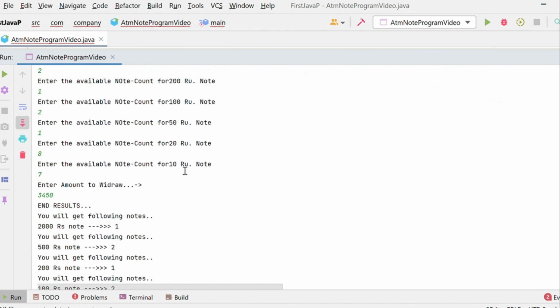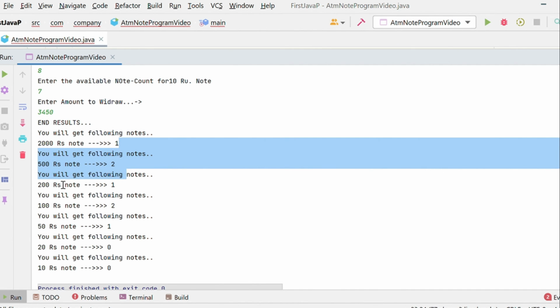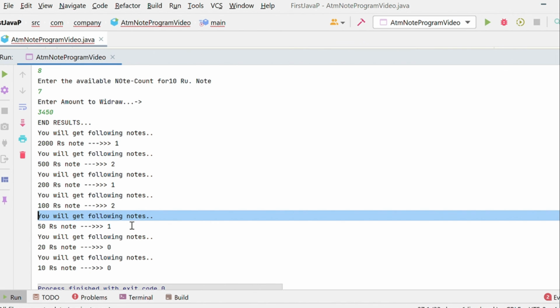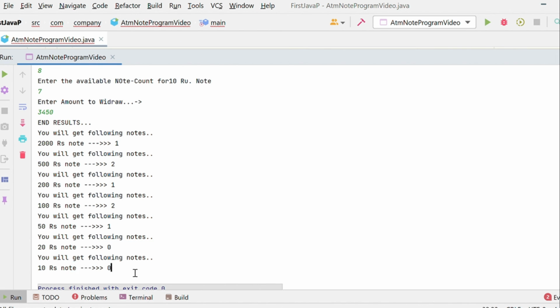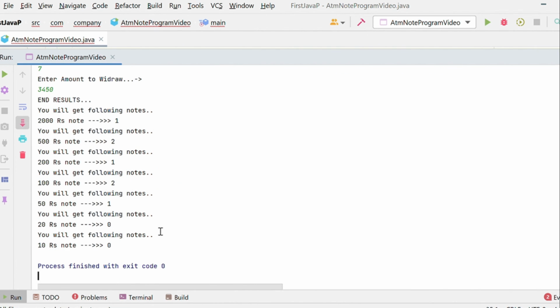We entered 3450 rupees, so we will get the following notes: 2000 notes 1, 500 notes 2, total amount 3000. Then 200 notes 1, 100 rupee notes 2. So here is 3400 rupees, and now 50 rupees note 1, 20 rupees 0, and 10 rupees 0. This is the correct output, and an ATM also works like this.